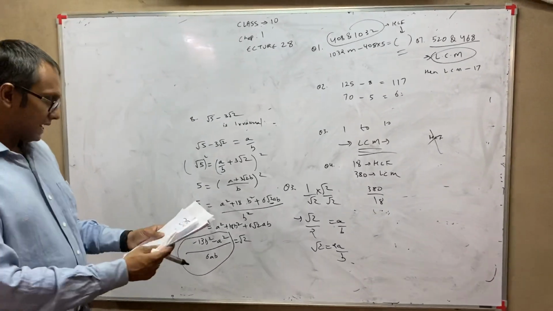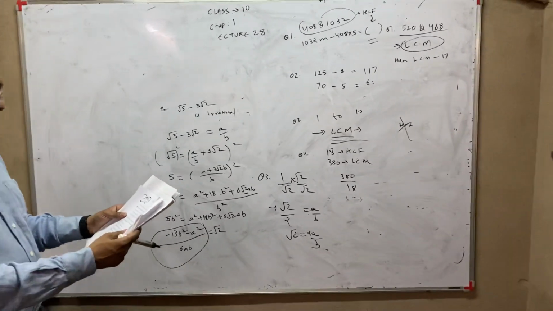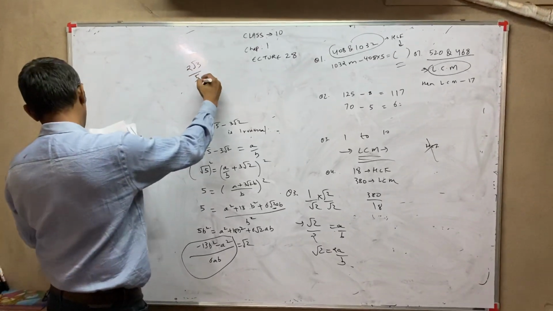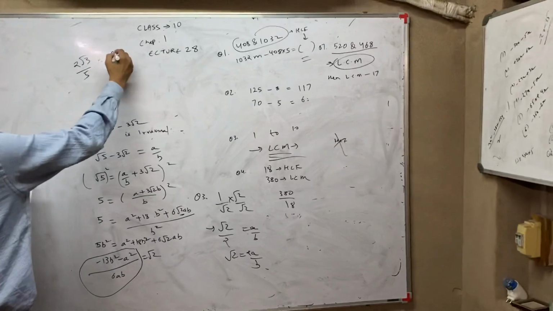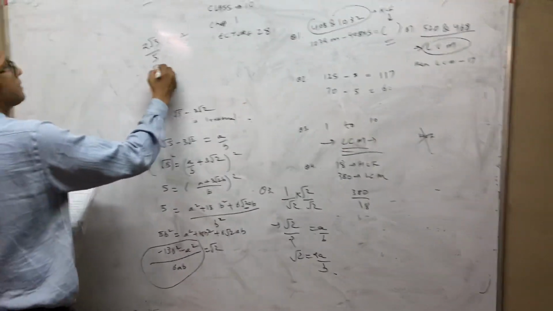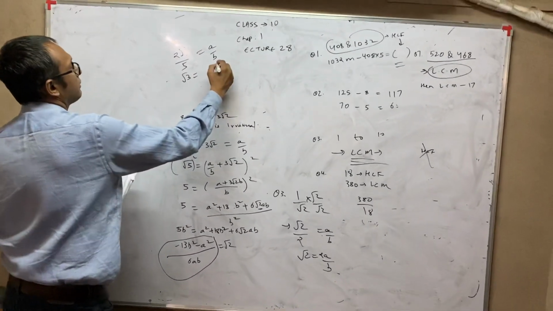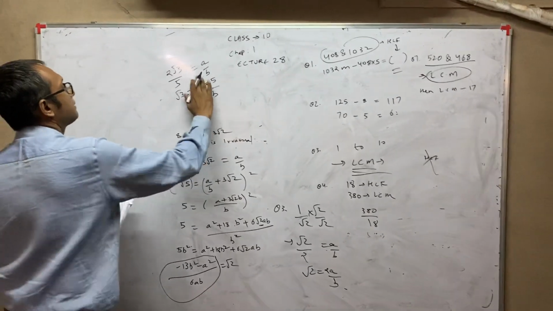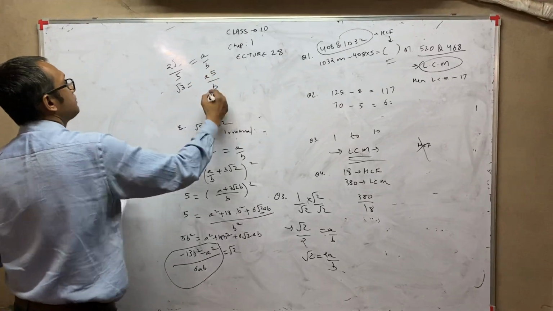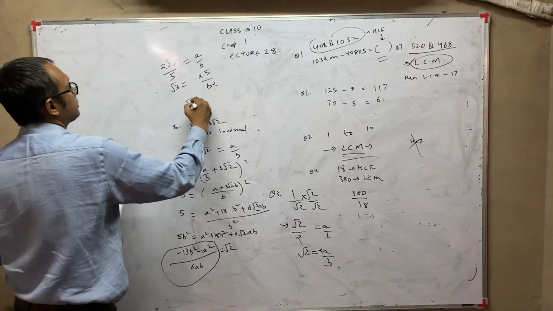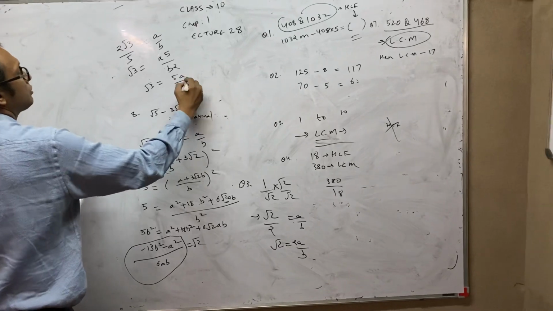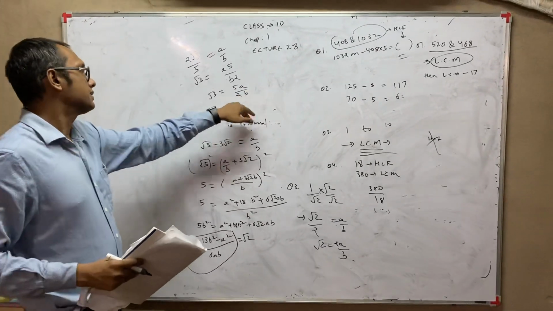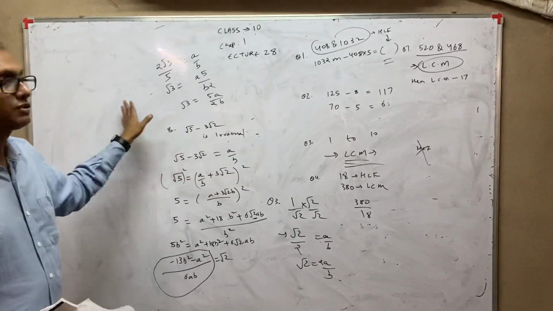And the last sum is question number 9. Prove that 2 root 3 by 5 is an irrational number. So let it be equal to a by b, and the next step is of course 5a upon b. Then of course the same statements will come. 5a upon b, and 2 is below, so 2 root 3 is equal to 5a upon 2b, and then the same statements will come. Since this is an integer ratio, this is rational, so root 3 is rational, and so on and so forth.